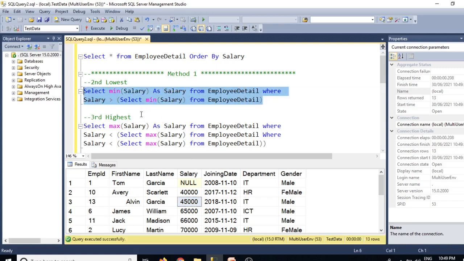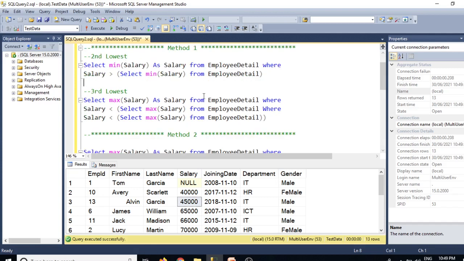Now third highest, right? Third lowest. Suppose we want the third lowest. How do we do that? Just nesting of queries, right? Inside that we have one more query, like we have seen for how to get the third highest. So we have inserted one more subquery inside the other query. Similarly for lowest also, we need to just make the changes like max to min, as we have done for the previous query, and instead of less than we use greater than. Now this will give me the third lowest salary.